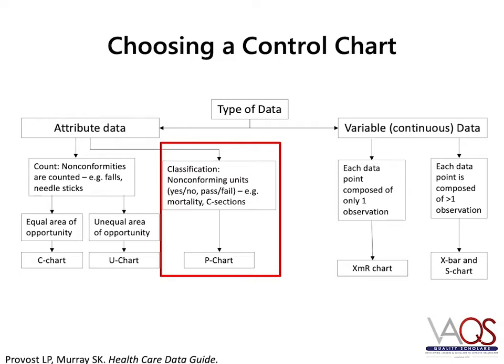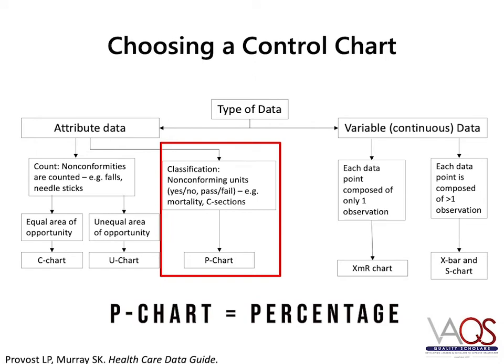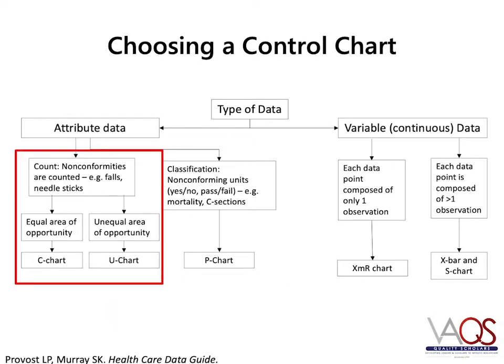Imagine you are leading an improvement project to increase colon cancer screening. You may be interested in the percentage of patients receiving colon cancer screening and categorize patients as either having received the colon cancer screening or not. In this case, you will have a denominator, which is the total number of individuals eligible for colon cancer screening, and a numerator, which would be the total number of patients who received colon cancer screening. Combining the numerator and denominator would give you a proportion or percentage where the numerator cannot be larger than the denominator.